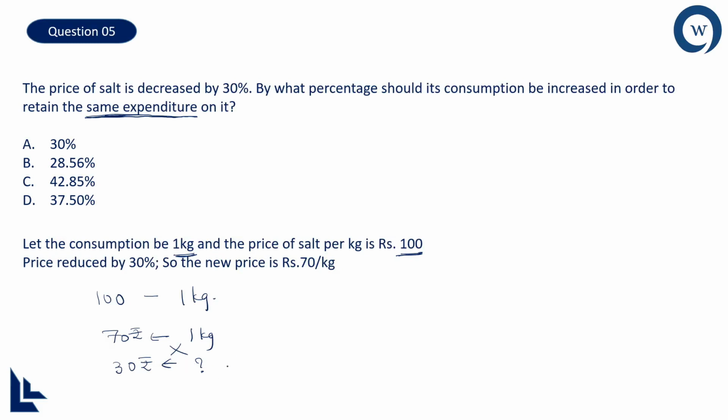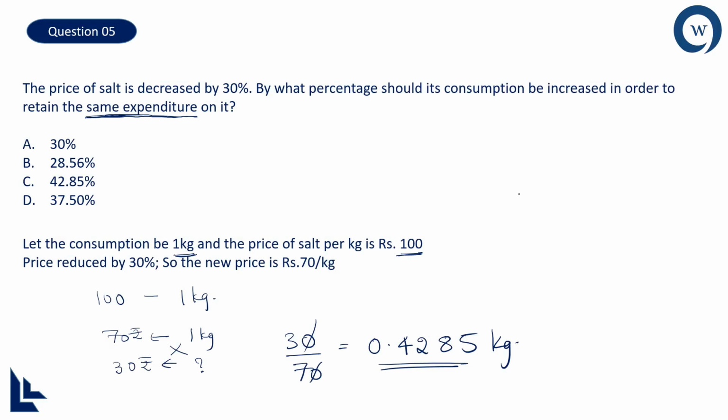So how will you do this? Simple method again, 30 divided by 70. Then you get 3 by 7. 3 by 7 can be calculated like 0.4, 7 fours are 28, and 2 comes there, and then 7 sixes are 42... 14, 6 is the remainder, 7 eights are, and 5s are. So this much extra you're getting. I'll stop here. For 1 kg at 70 rupees, for the extra 30 rupees, how many kgs will you get? So 0.4285 kgs you are getting extra.